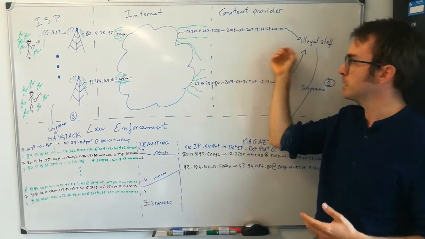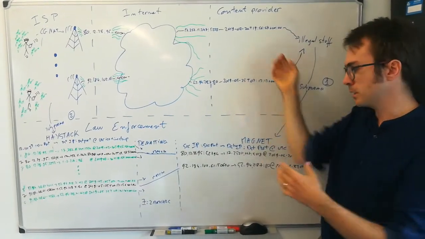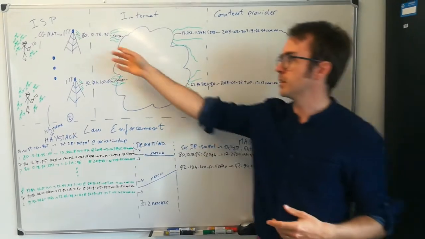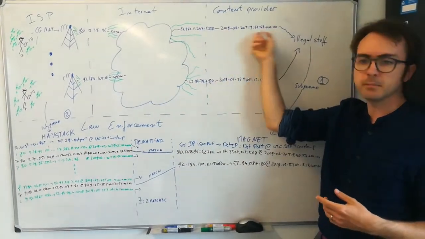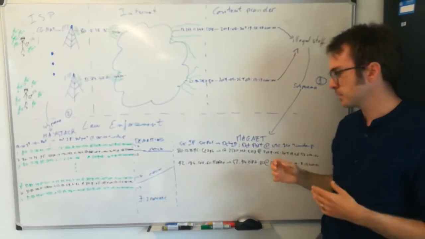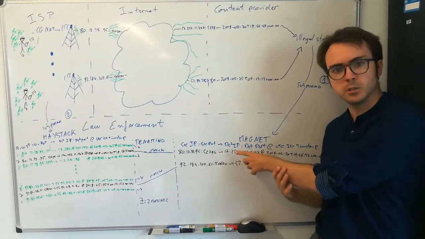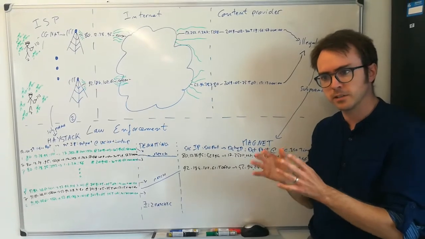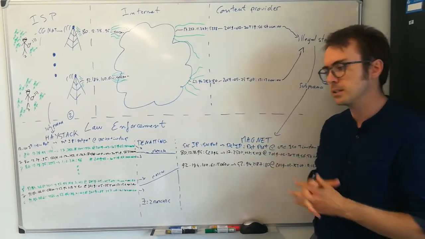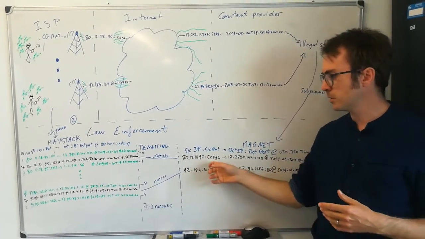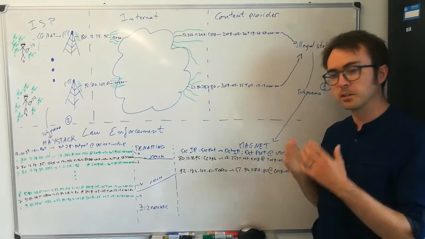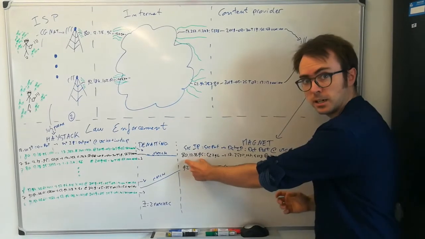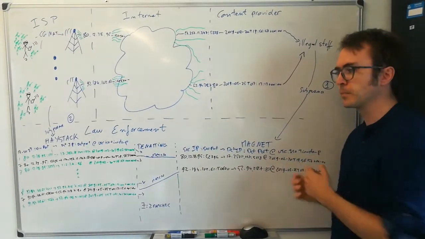So from the point of view of, for example, Facebook, the content provider, they will tell you who did the illegal stuff, and they will send you logs consisting of the source port, source IP, destination IP, destination port, and a timestamp. But not always. Sometimes they omit the destination IP because they don't know which of their servers was hit by the request. And sometimes they won't give you the source port as well because it's not information they keep in the logs. But at the very least, you will have the source IP and the timestamp.